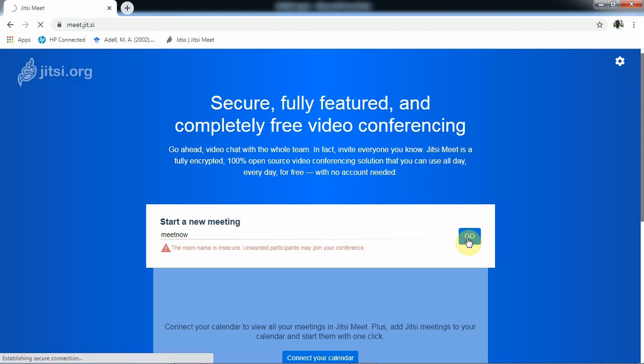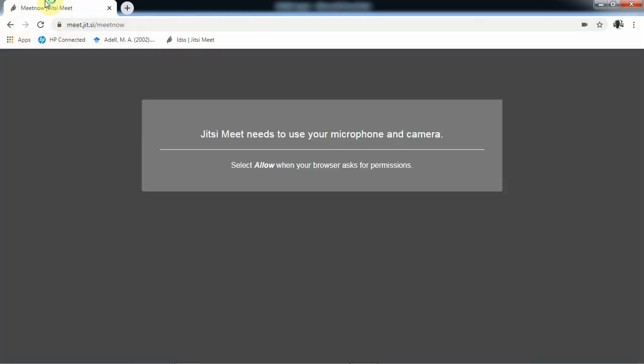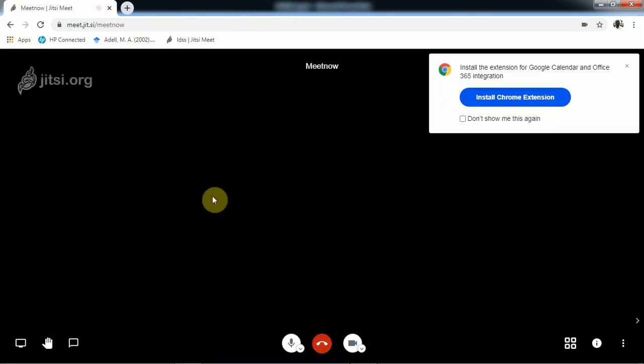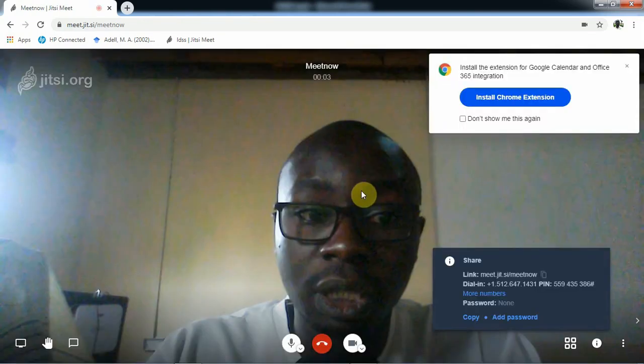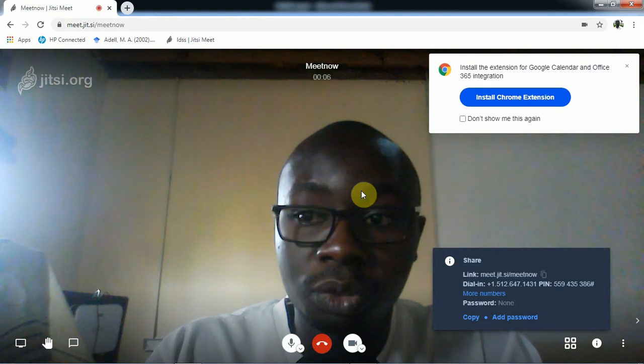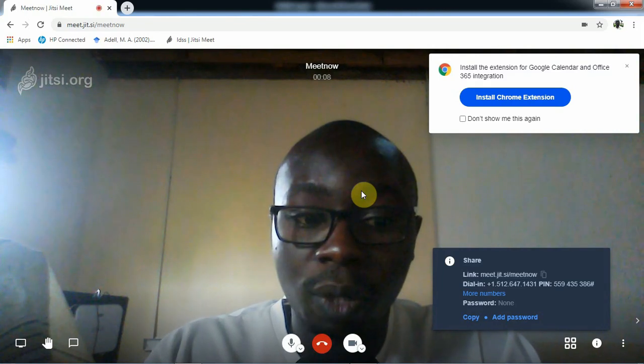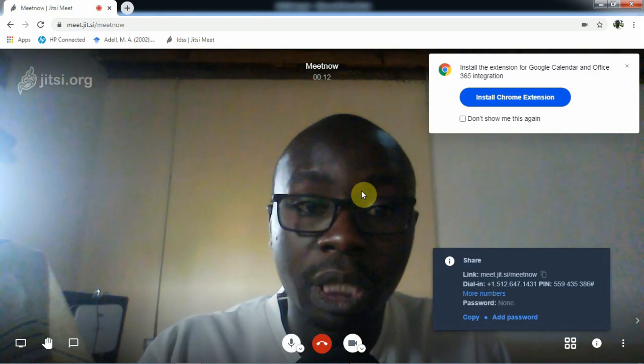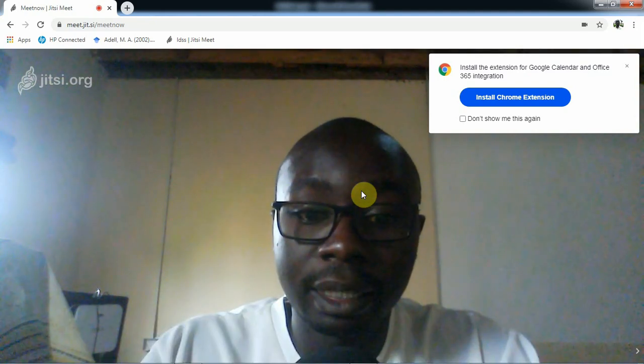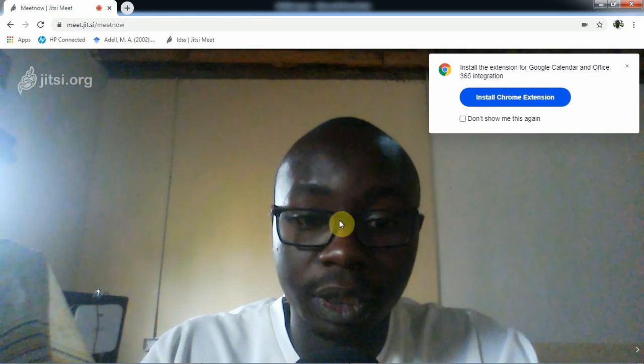When we click or press the enter key, the program once again will load the screen for us. Then it brings up a screen saying that you need a microphone. Once it brings that, what you have to do is allow your computer to go ahead and access that microphone.